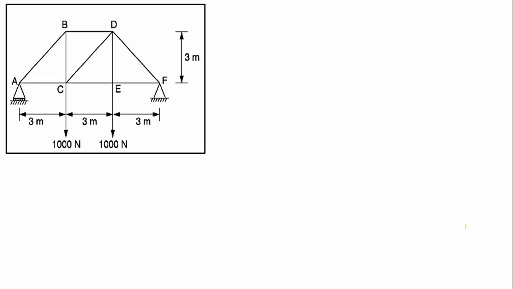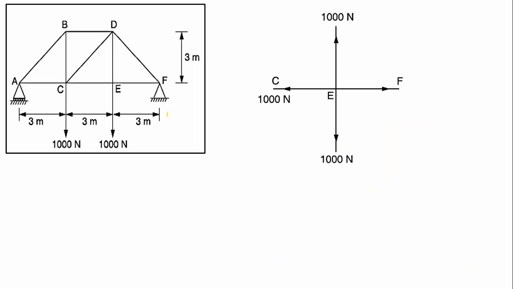Next we will try to solve joint E now. In the joint E, this is known to us, this is known to us, this and this are known to us, only unknown is this EF. So that we will try to calculate, right? This FCE is shown here, which is 1000 newtons. ED already we have calculated, which is 1000 newtons. This 1000 newtons which is moving downwards is shown here. The next is EF is shown here, right?